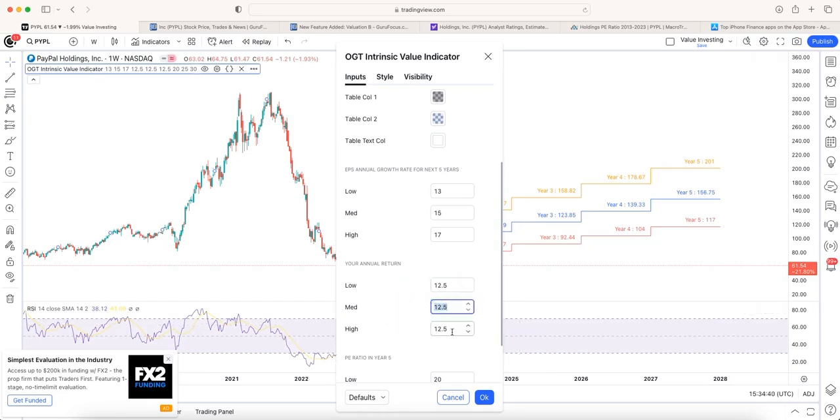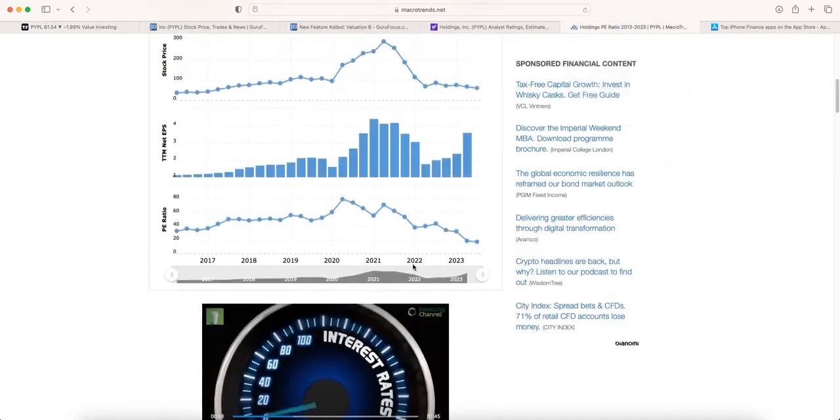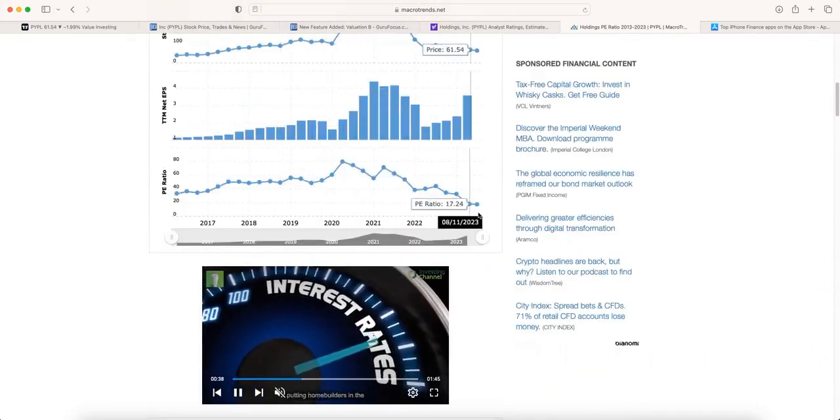So I've put 12.5%. And then the next bit is the PE ratio. What is the growth or the speed of acceleration of the growth over the next 5 years of their earnings? And this is what the price to earnings ratio actually is. What I've done here is I've gone with the multiples of 20, 25, and 30. The way I get that is very subjective, and I've tried to be conservative. I'm on macrotrends.net, I've selected PayPal, and it gives you the PE ratio over